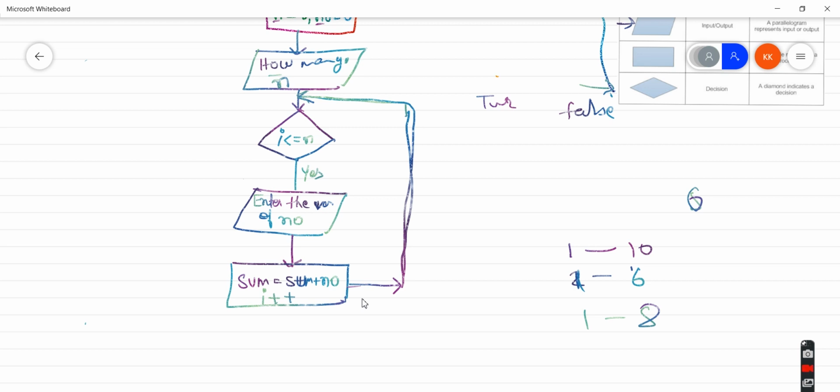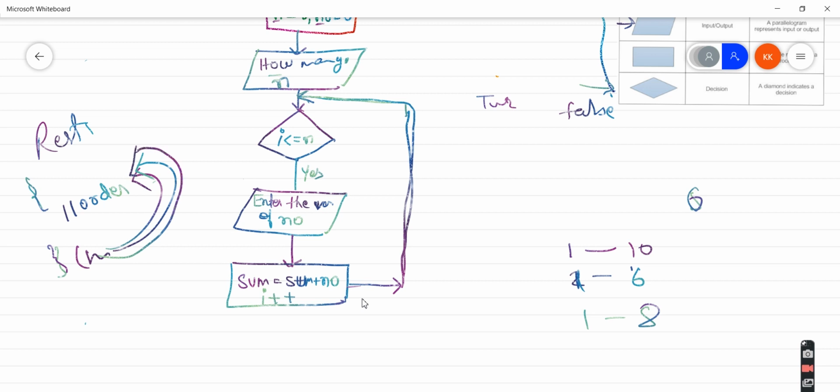Let's take an example of a restaurant. If I enter a restaurant, and I am still hungry, then I will again order something, right? So this process continues until I am not hungry. If I am hungry, I am again going to order something again and again. So this is the same way. If I value is less than the n value, the same procedure is going to be repeated. That's why we have used these symbols.